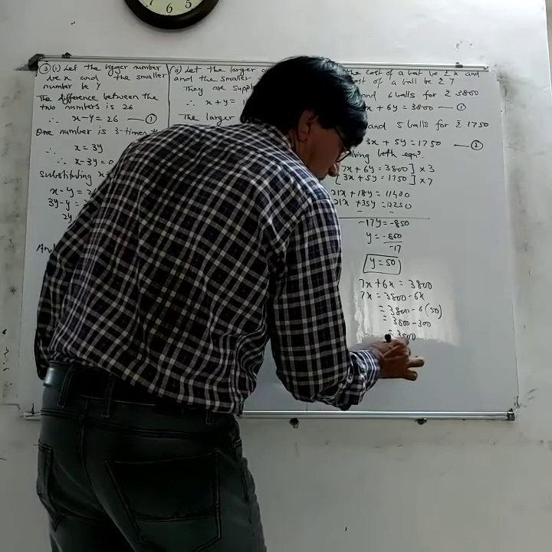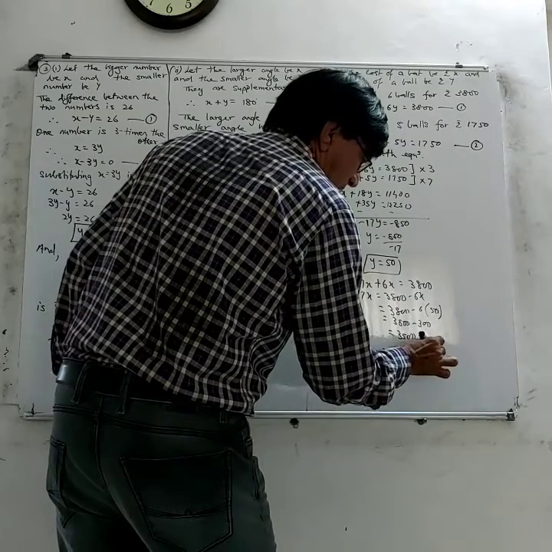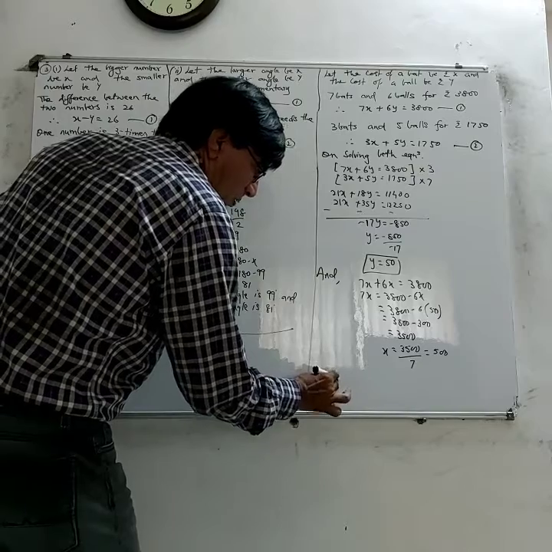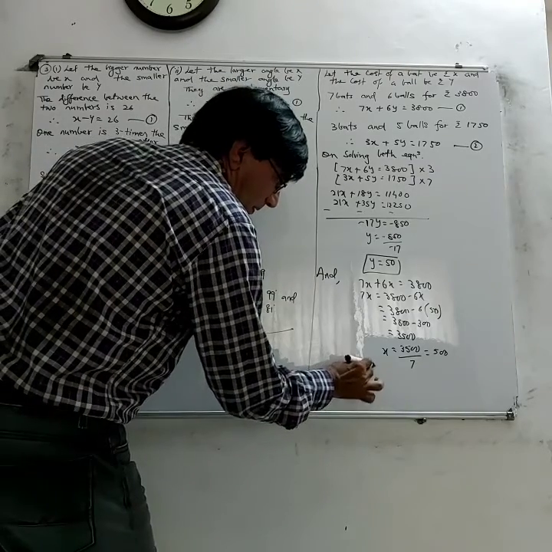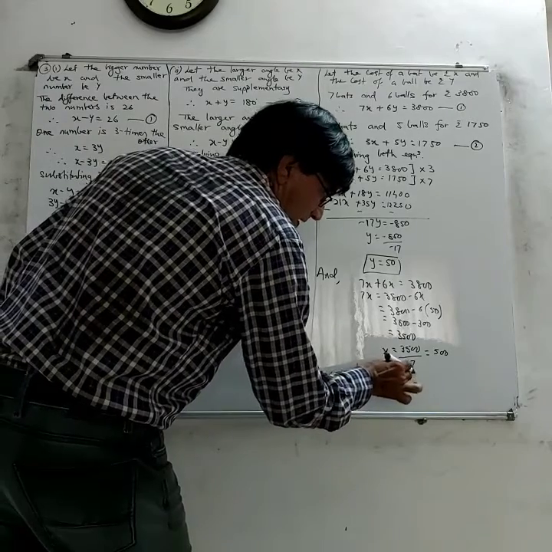So x is equal to 3500 divided by 7. 7 5s are 35, so x is 500. So therefore, the cost of a bat is rupees 500